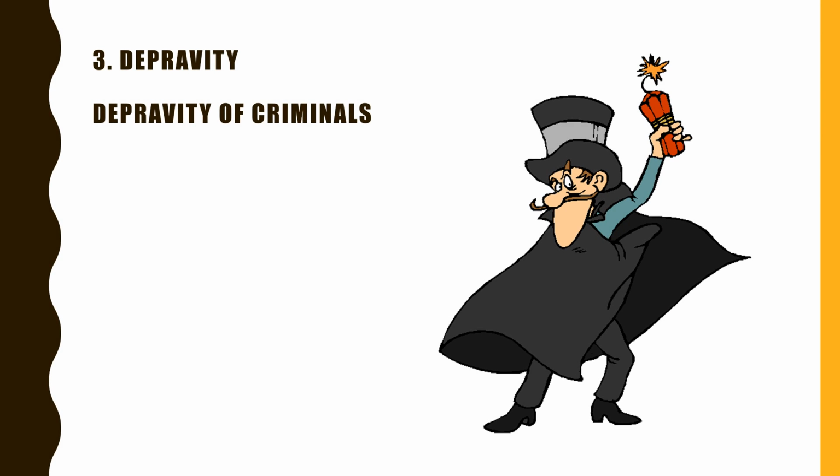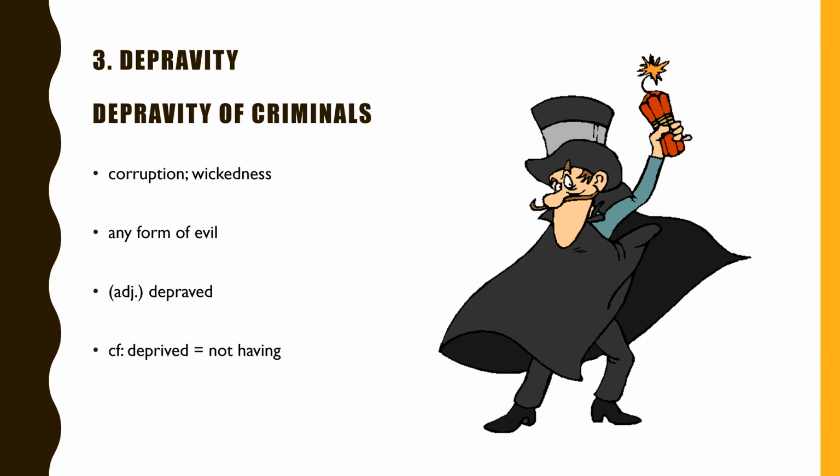Depravity. Depravity of criminals. Depravity is the corruption, the wickedness, or any form of evil is the depravity. So anytime you think of criminals and what they do, stealing, murdering, or any kind of harm, it's all depraved behavior. So that is the adjective depraved,